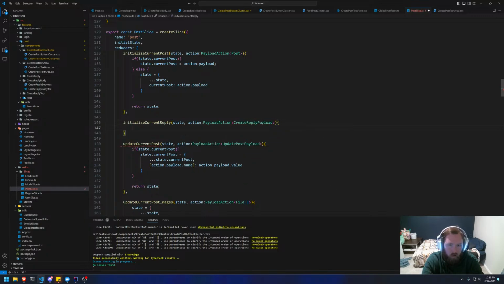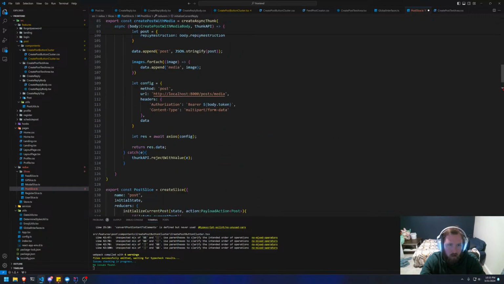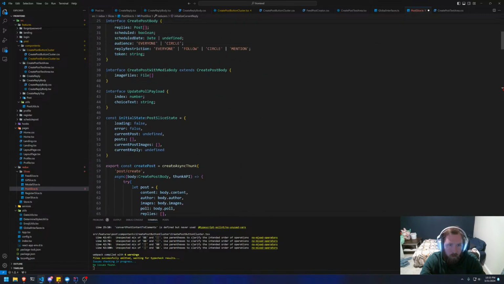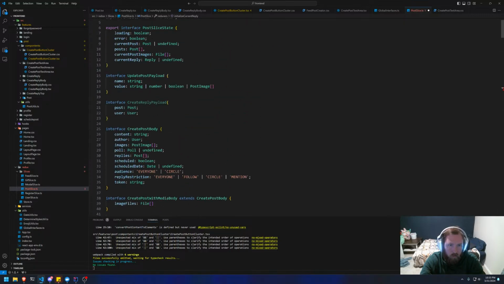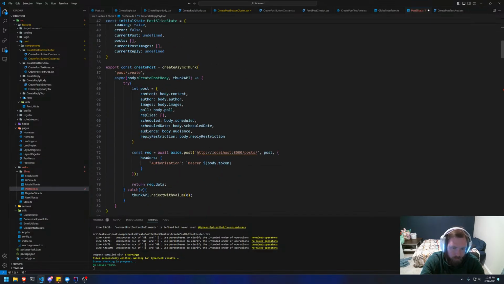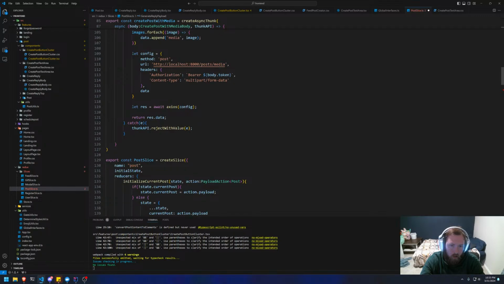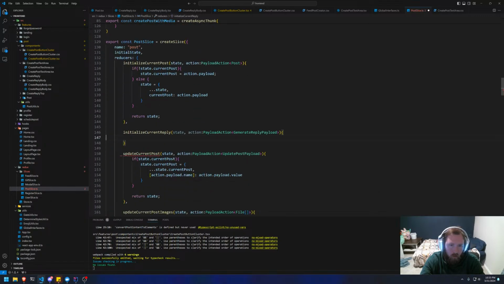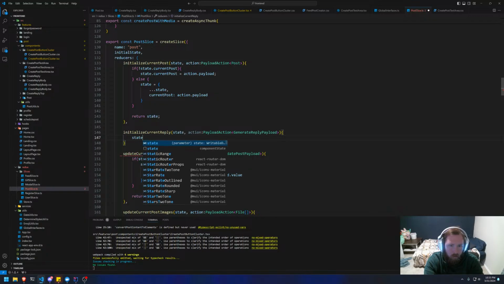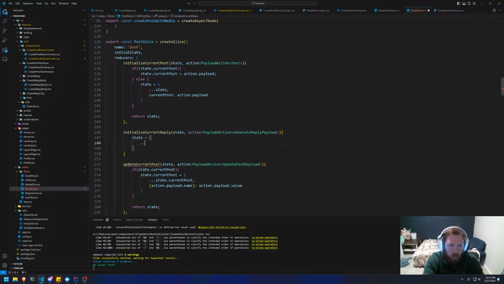I might want to rename this to generate reply payload, because we're not really creating the reply, we're generating it on the back end or on the front end. So I'm going to go ahead and name this generate reply payload. Okay. So now we're going to go ahead and say state is equal to